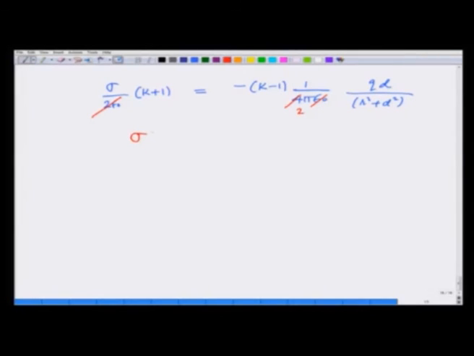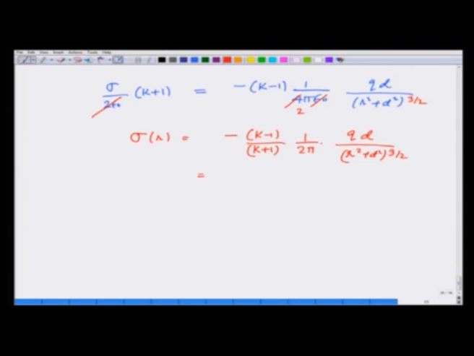Sigma at r is going to be equal to minus k minus 1 over k plus 1 times 1 over 2 pi q d over r square plus d square raised to 3 by 2. There is a 3 by 2 here,